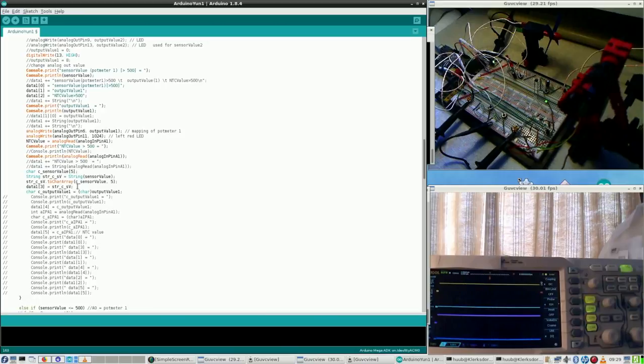So what happens is that, according to the example I'm using, I have to initialize an array of characters with length 5. Why 5?